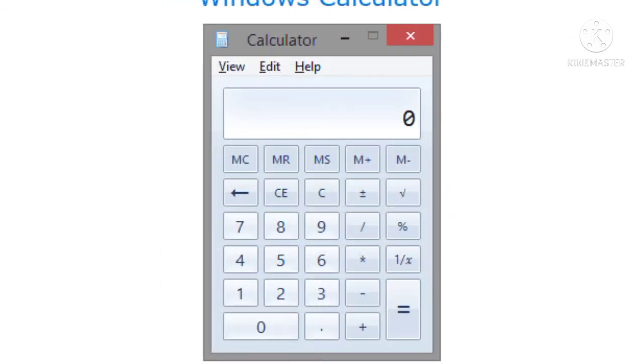Standard mode of the calculator. When you click on the calculator application, it opens in standard mode by default. It allows you to perform basic calculations using common mathematical operators.